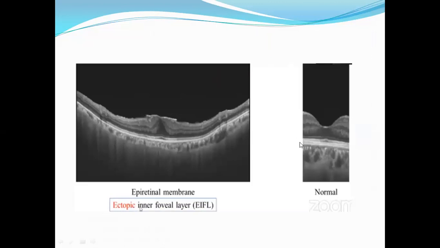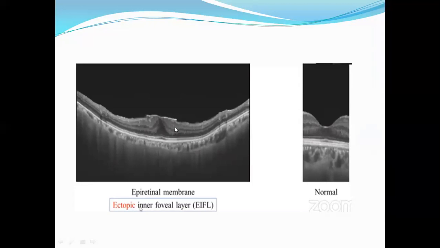So normally on the right side, if we see the fovea, it does not have any inner layers. So inner layers are absent from the fovea. यहाँ पर आपके सिर्फ outer retinal layers ही आ रहे हैं. However, in ectopic inner foveal layer, what happens is कि ERM में because of continued anteroposterior traction and continued sort of centripetal traction, there is displacement and reorganization of these inner layers of the retina. So ये inner layers खिंच के fovea के नीचे आ जाते हैं. So primarily the inner nuclear layer, ये जो hyporeflective nuclear वाली layer आ रही है, and the inner plexiform layer.